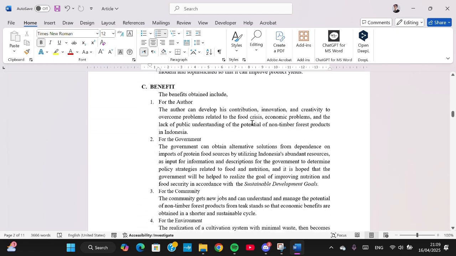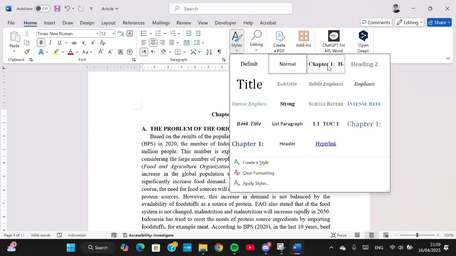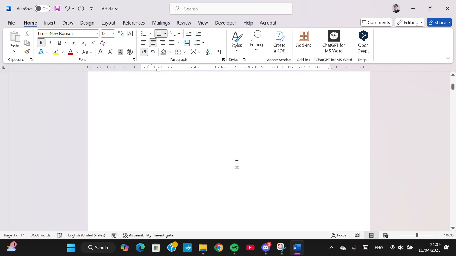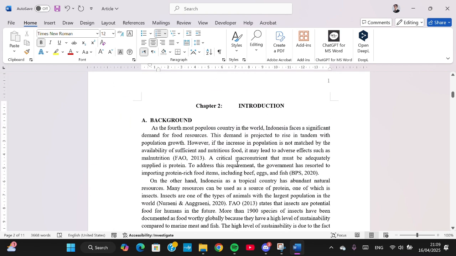I'm going to apply heading to this line as well. I'm going to go to the style and select heading. Okay guys, and that's all the way to add chapter in the heading or